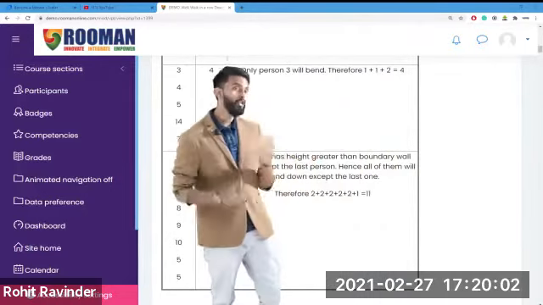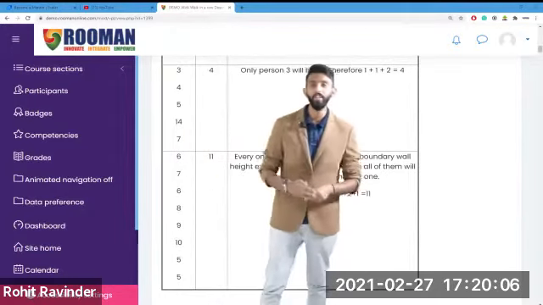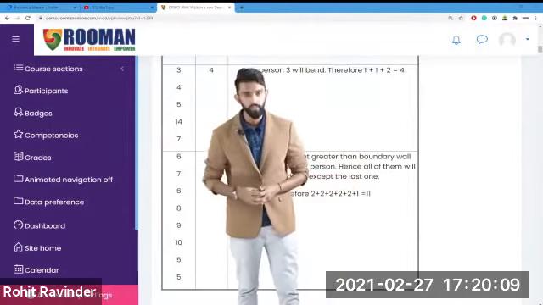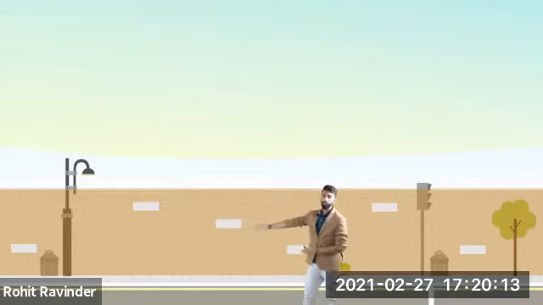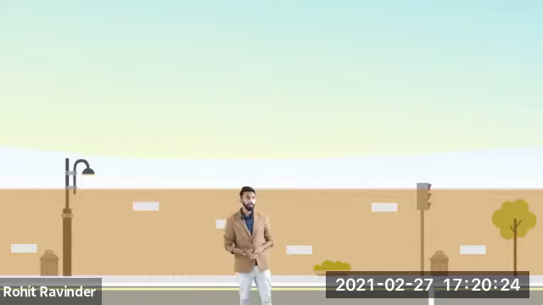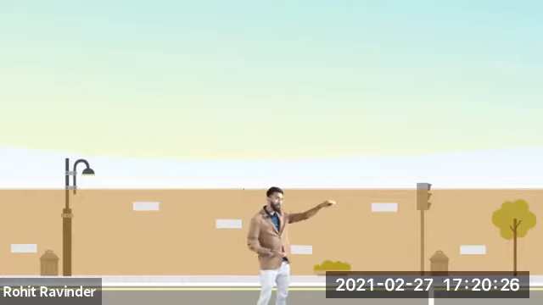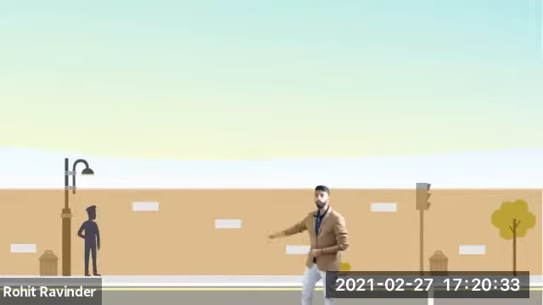Let me visually try to explain to you what these people are saying. So watch it, all of you. Let's try to bring this scenario to life, shall we? Assume there is one wall, and on the other side of the wall is a school. A group of friends called Kirti and her friends have bunked school. Somehow they have jumped the compound and they are coming like this. On the other side of the compound, there is one security guard.